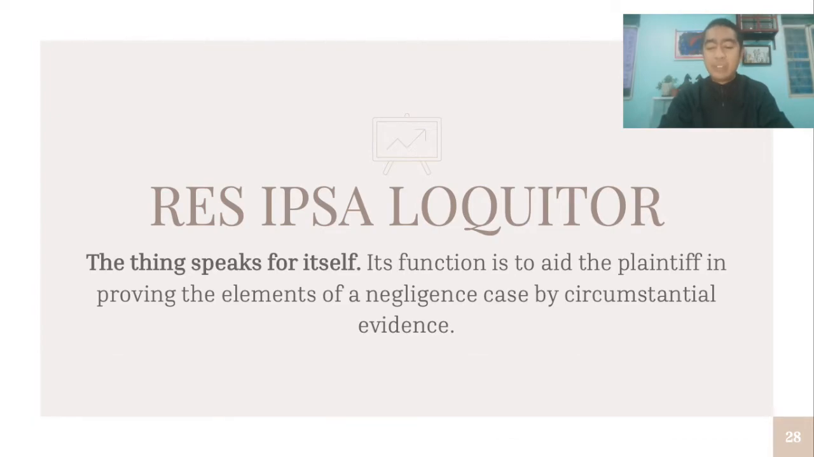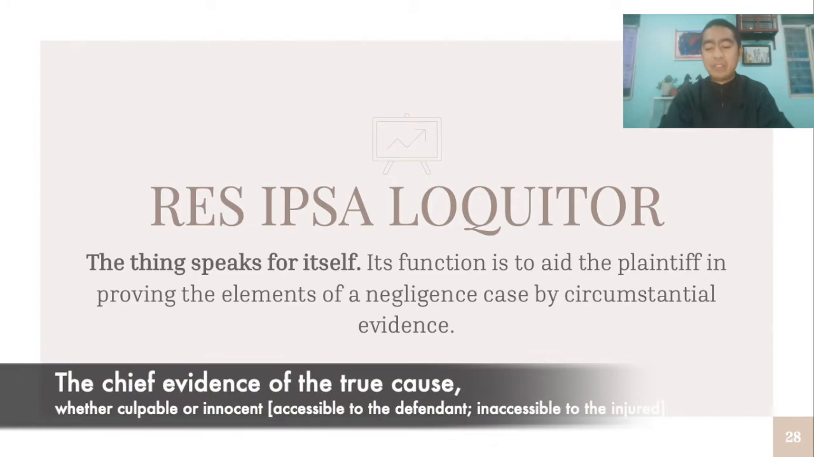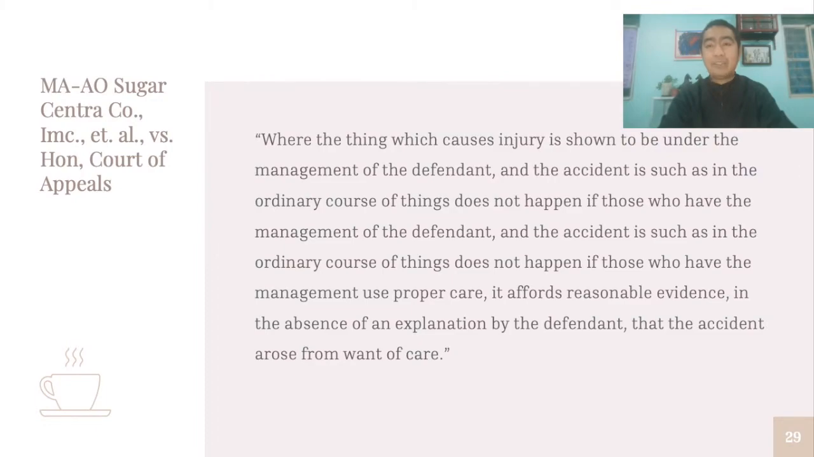The inference which the doctrine permits is grounded upon the fact that the chief evidence of the true cause, whether culpable or innocent, is practically accessible to the defendant but inaccessible to the injured person. In the case of Sugar Central Company Incorporated versus Honorable Court of Appeals, it quotes, where the thing which causes injury is shown to be under the management of the defendant, and the accident is such as in the ordinary course of things does not happen if those who have the